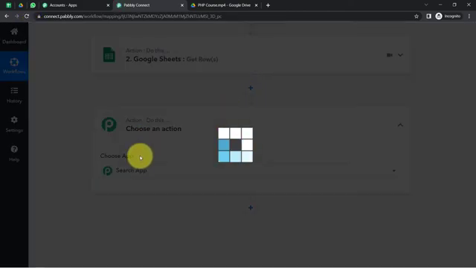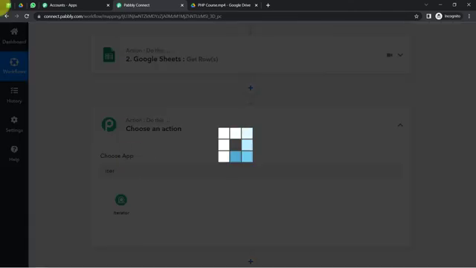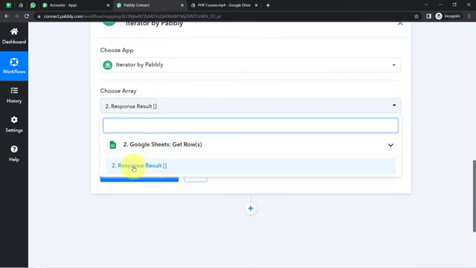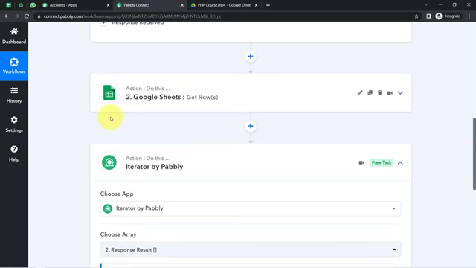So clicking on this plus icon and selecting the iterator once again. Okay, this is the iterator, and here I'm going to map the array. Well, the array has been taken automatically. You can see to.response result. Okay, this is the same data,